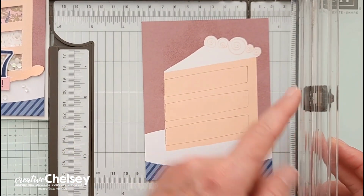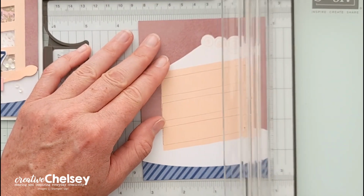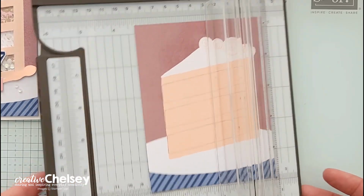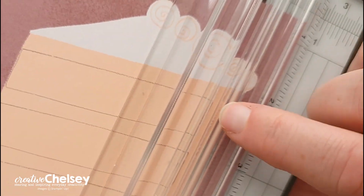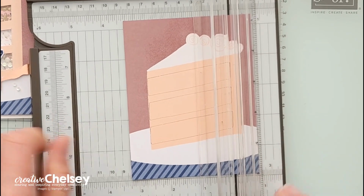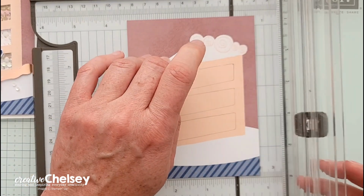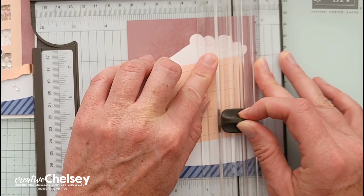Every time you move the blade, you need to place that blade inside the section. So make sure that you don't start cutting until you lift up the blade. The other thing you want to make sure is that the paper or the pencil line is sitting right in the middle of your guide so that it gets cut on that line. Okay, so then you lift up, place the blade into the middle, and then you just make little cuts